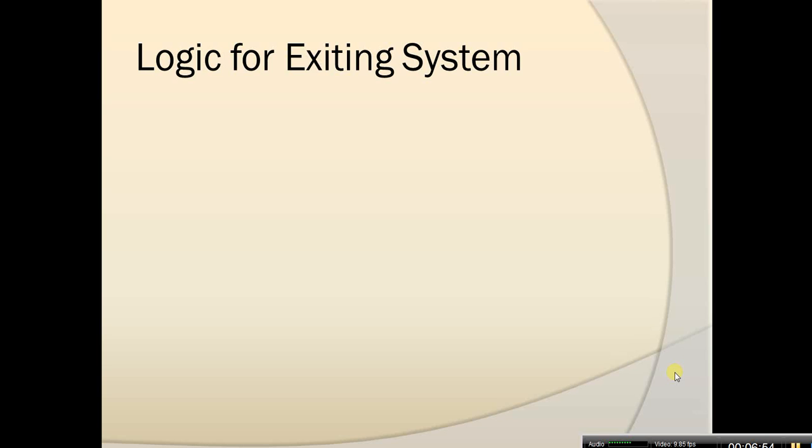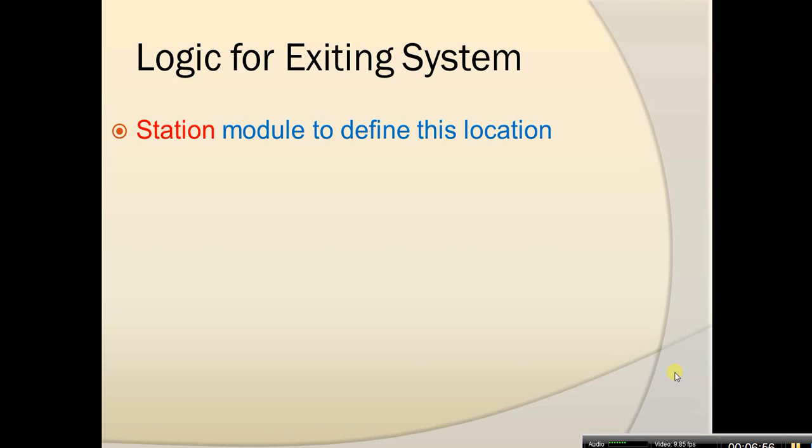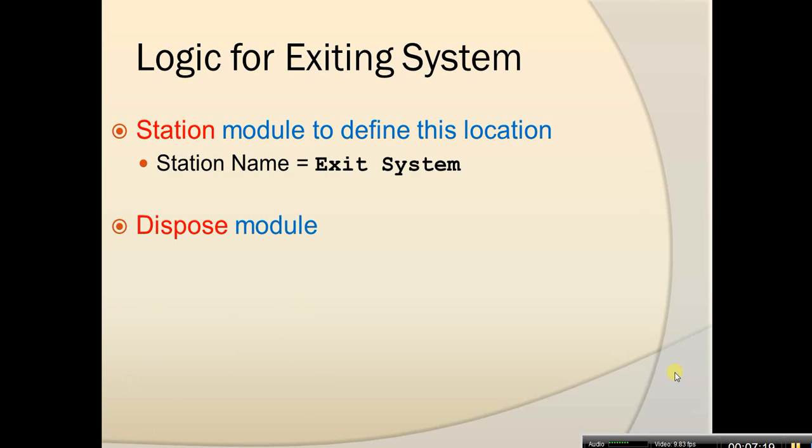And so when you look at the logic for exiting the system, for exiting we also need to define a station, and this is needed so that we know where to send the parts after they're done processing at all of the cells. So we're going to define a station with the name exit system,